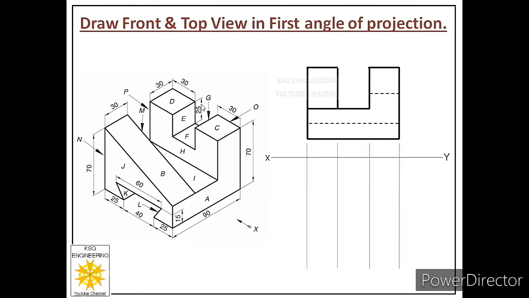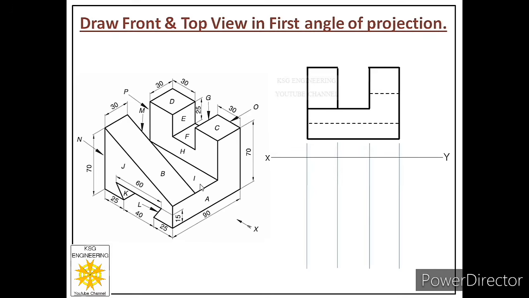After this, we have to construct the top view of this object. So how to draw the top view? We will maintain the same direction, but now we will look at the object from top. And again, the rules will be the same. That means we have to search for parallel faces and inclined faces, meaning parallel to the horizontal plane and inclined to the horizontal plane, because when you look from top, the plane of projection below the object will be the horizontal plane. So let us see how many faces are parallel to the horizontal plane.